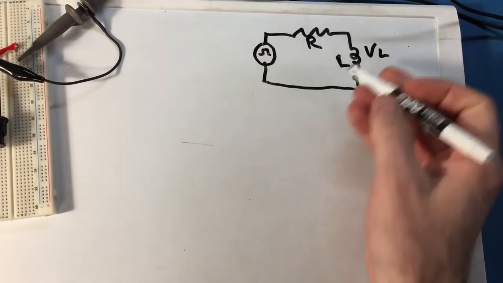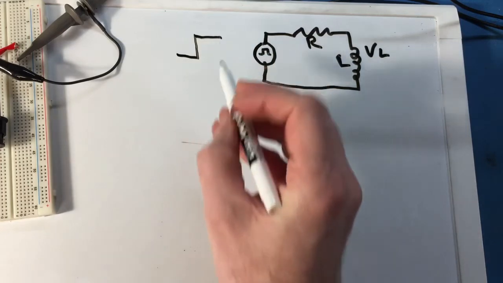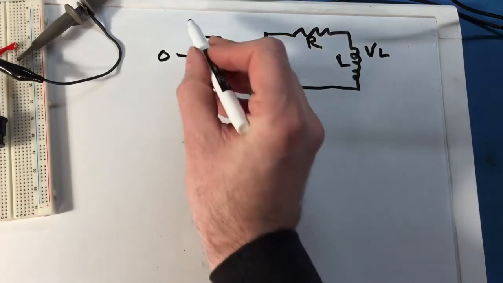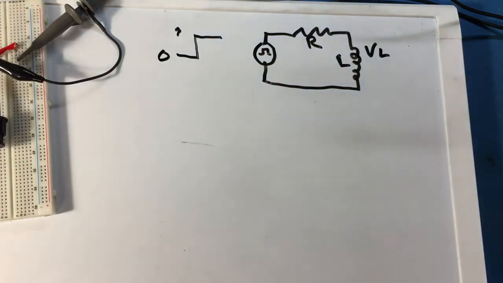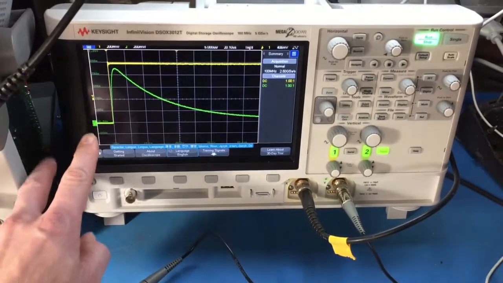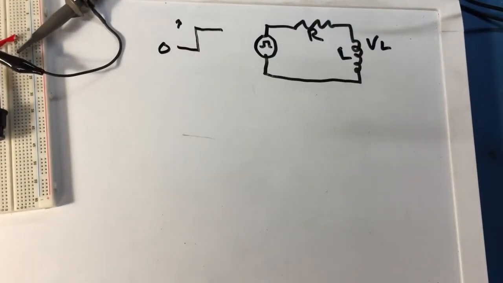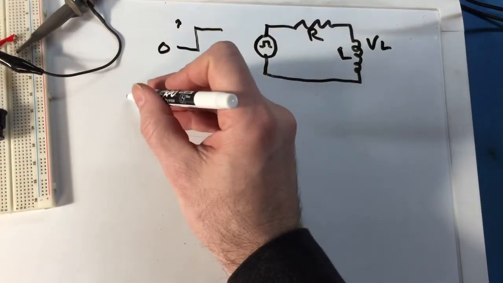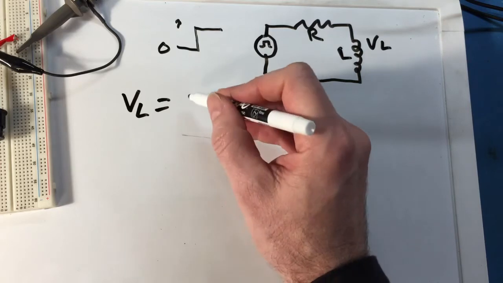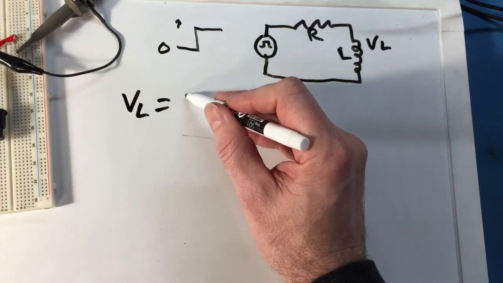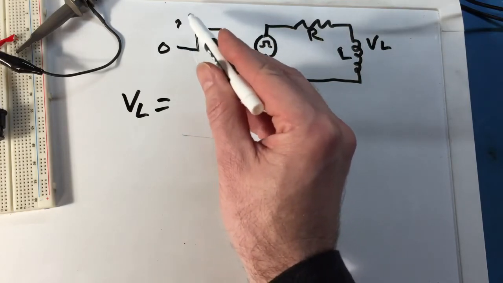So we have our RL circuit right here, and we're assuming that we have a unit step input. So that steps from 0 volts to 1 volt at time t equals 0, and that's displayed on the oscilloscope right here. That's our step. And if we look at the equation, the voltage across the inductor, which is what we're measuring with the green trace, is going to be equal to what I usually call the displacement voltage. And if you think of the step function, it goes from 0 to 1, so the voltage is displacing